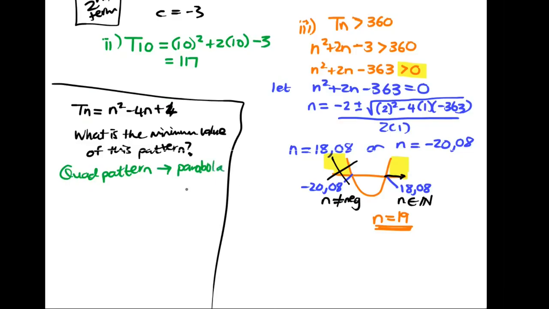Because it's an n squared, it would look like a parabola, which is an x squared. So if we think of this pattern, n squared minus 4n plus 4, let's just draw its basic shape. Will this be a happy face or sad face parabola? Happy face, right? And the reason is our a value in front there is positive. So because this is a happy face or a positive parabola,